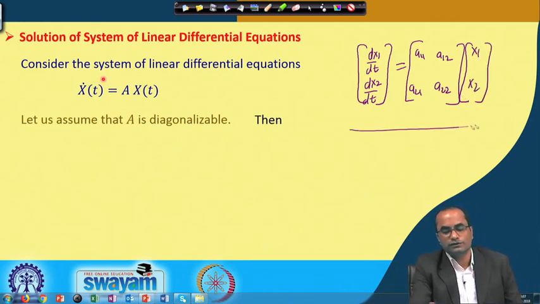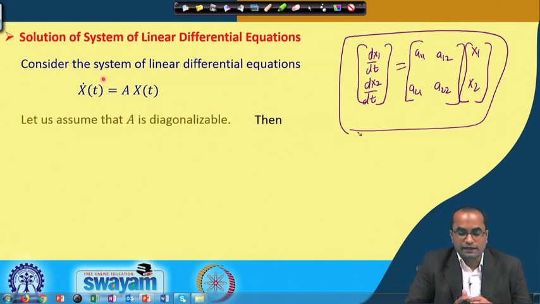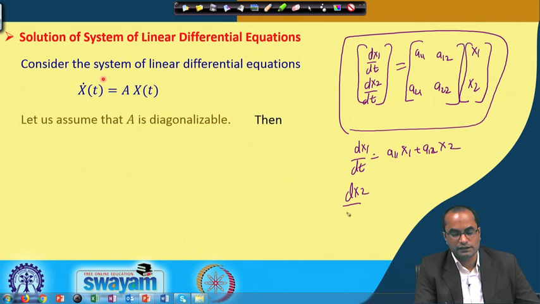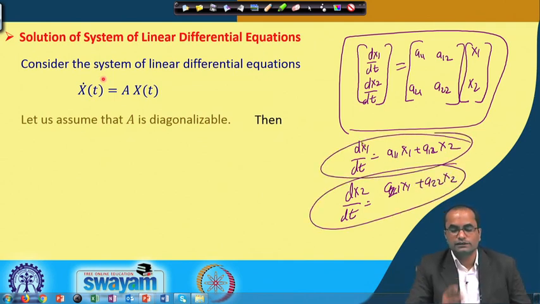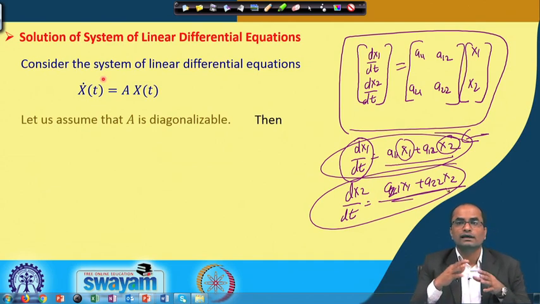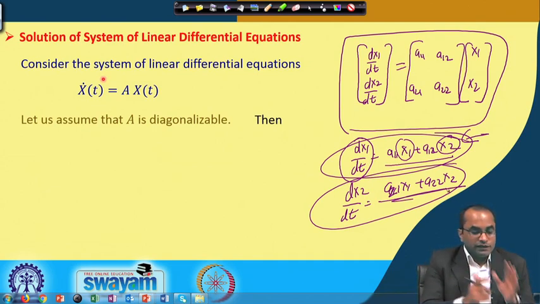So, we have these two unknowns, x1 and x2, and this is a system because the first equation, dx1/dt, has both x1 and x2: a11 x1 plus a12 x2. The second equation is dx2/dt equals a21 x1 plus a22 x2. These two are differential equations with ordinary derivatives, so this is a system of ordinary differential equations, and they are coupled because x1 and x2 are present in equation 1 as well as in equation 2. These coupled equations are not very easy to solve, but with the idea of